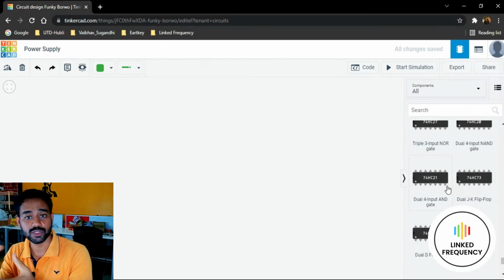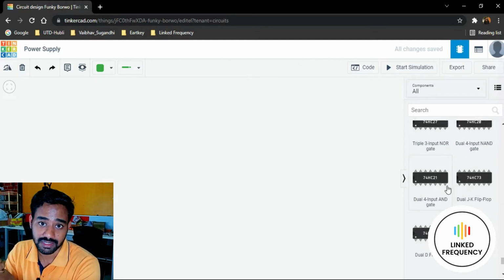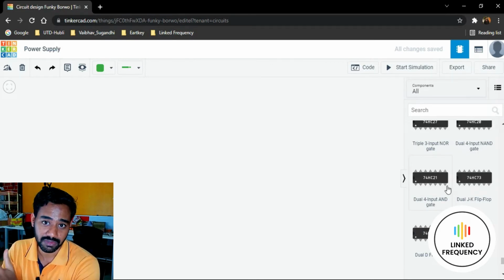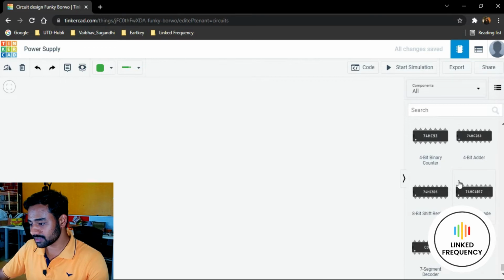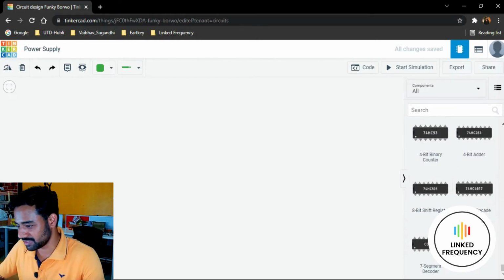This particular platform is not only recommended or dependent on embedded system design, it is also used for designing your DIY projects or digital circuits, for experimenting with certain circuits that you have created using a truth table or something like that. Along with these, we have so many other ICs as well, like a CMOS 7-segment decoder, and a Johnson decade counter.